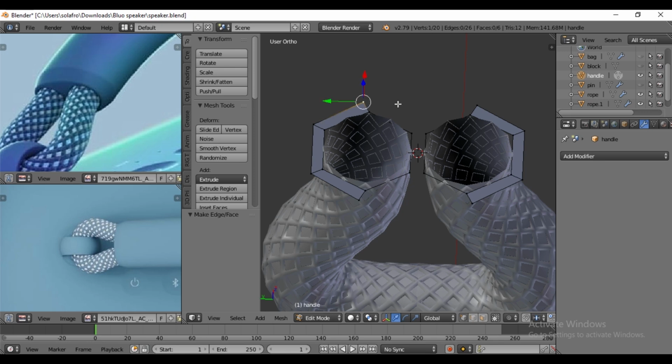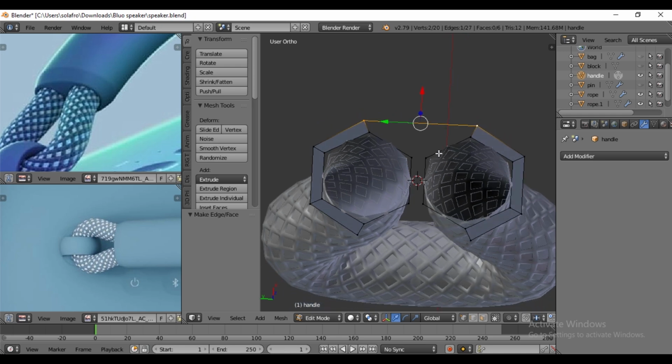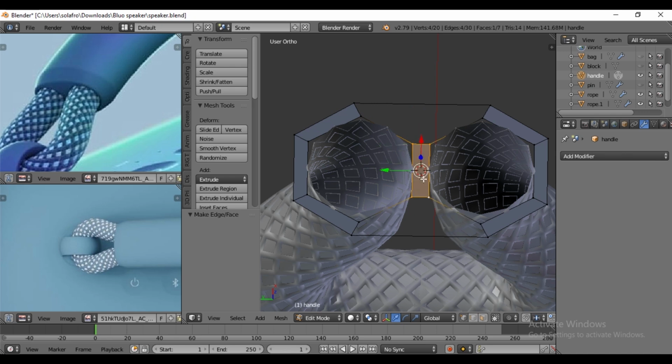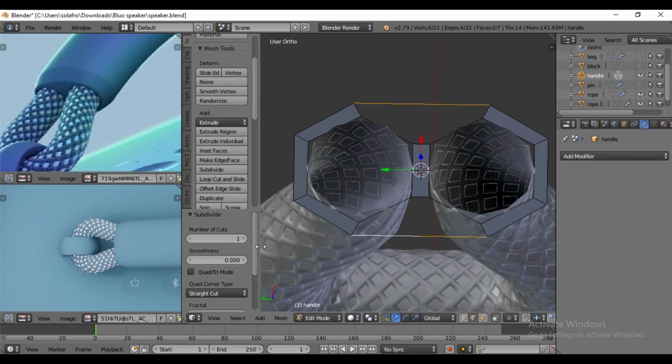By selecting the 2 vertices, then press F to create an edge on both sides. Selecting the middle 4 vertices, then press F. Select the 2 edges, then subdivide by pressing W, and change the number of cuts to 2.